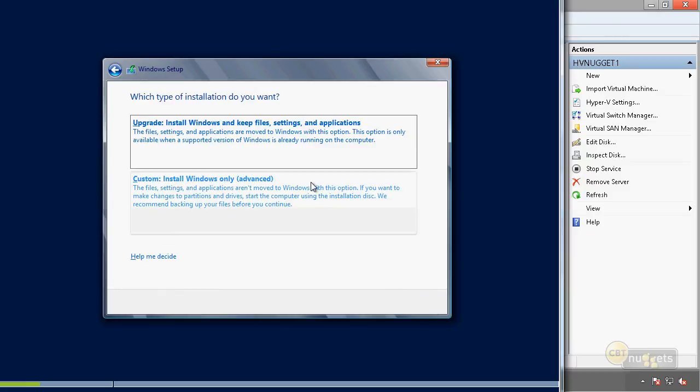You always have to agree to that, otherwise it stops. I could choose to do an upgrade. At this point, it would say, hey, we don't see an operating system here, so what's going on? If I were to click on that, because there is no operating system yet. Instead, I'm going to do a custom install. I think it would be better if they would have chosen to say clean install here, because most of the time that's really what it is.